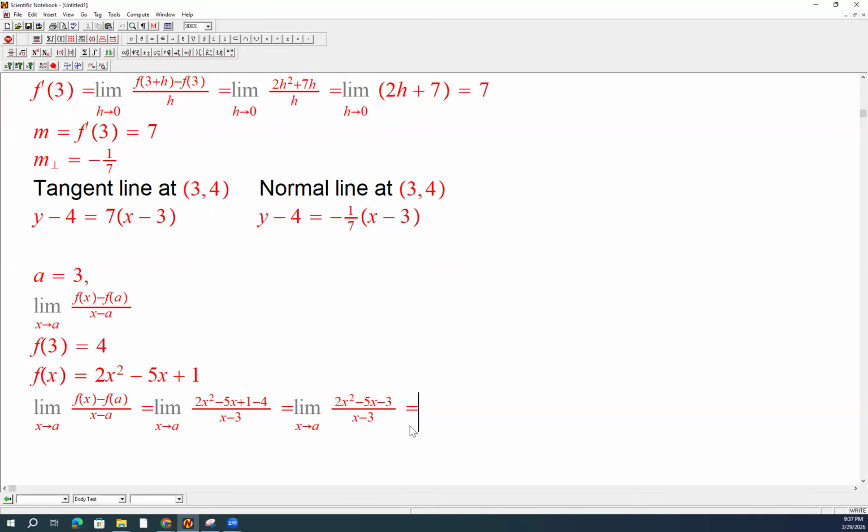We will factor because we cannot do direct substitution. And a is 3, right? So x approaching a equals 3. Okay, so let's factor this. Let's factor the numerator. You can factor any way you want. And what I got